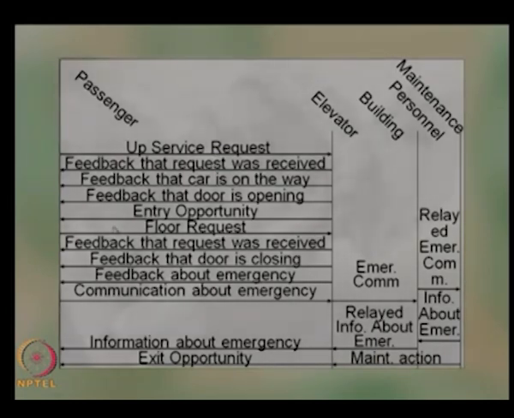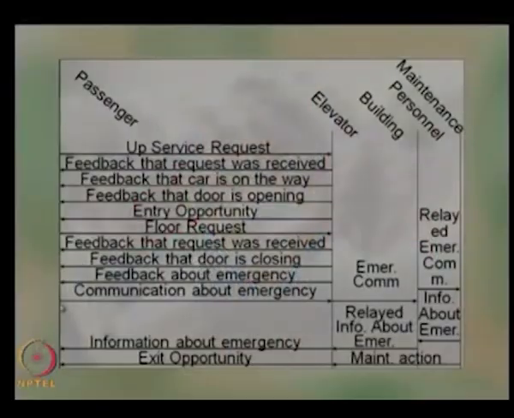So the passenger is inside the elevator. Now there is an emergency. So there is a communication about emergency, or a feedback about emergency, either from the elevator, or the elevator system is not functioning, or there is some emergency identified by the elevator system, then that will be given to the passenger, or the passenger identifies an emergency situation, that will be given to the elevator. So you can see there is an input and output. So the elevator should be capable of providing an output about the emergency. At the same time the passenger should be able to give an input to the elevator that there is an